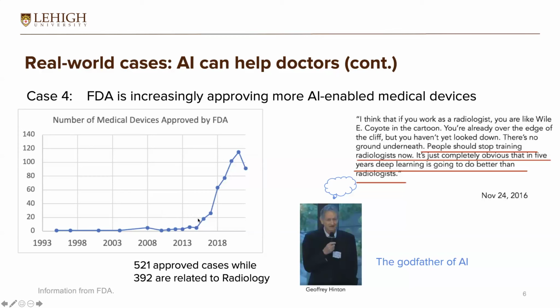But after deep learning, which started in 2012 with AlexNet from Ilya and Hinton and Alex, more advanced AI technology, including segmentation and others, was developed, evaluated, and effectively used to help patients in practical usage. So you can see from this diagram that after 2013, this number increased very, very quickly.